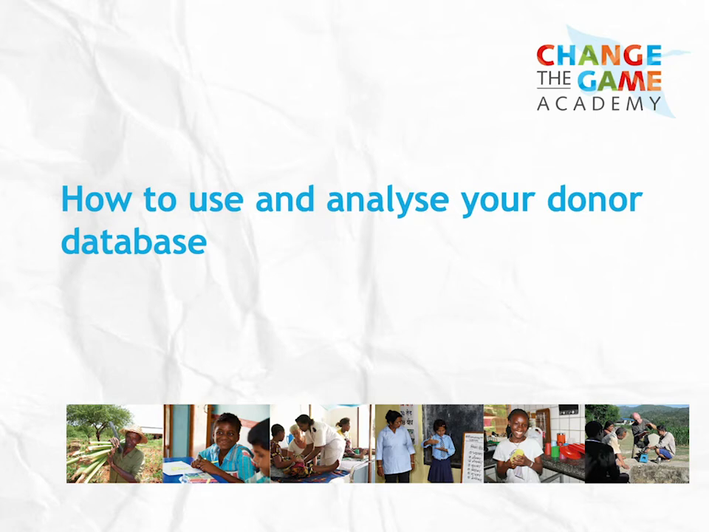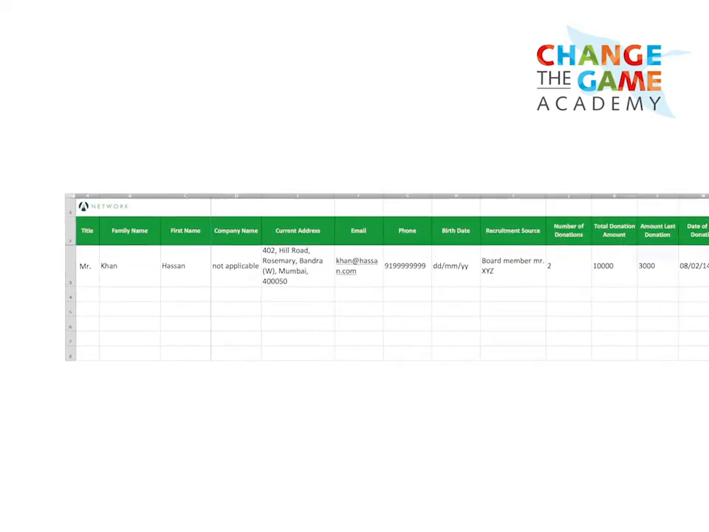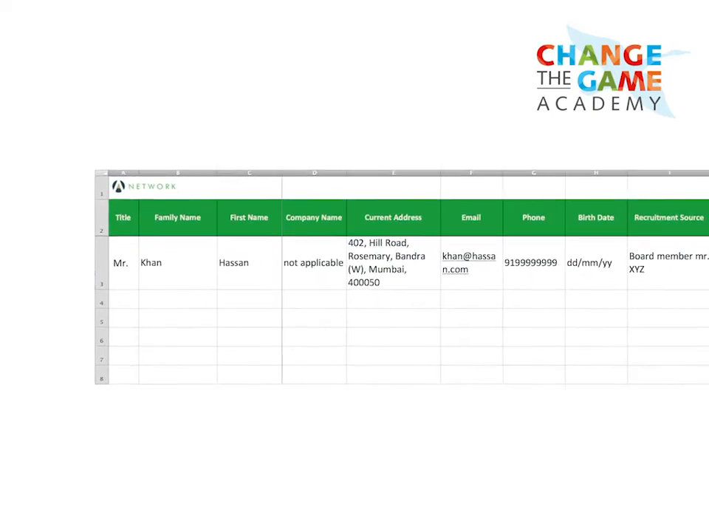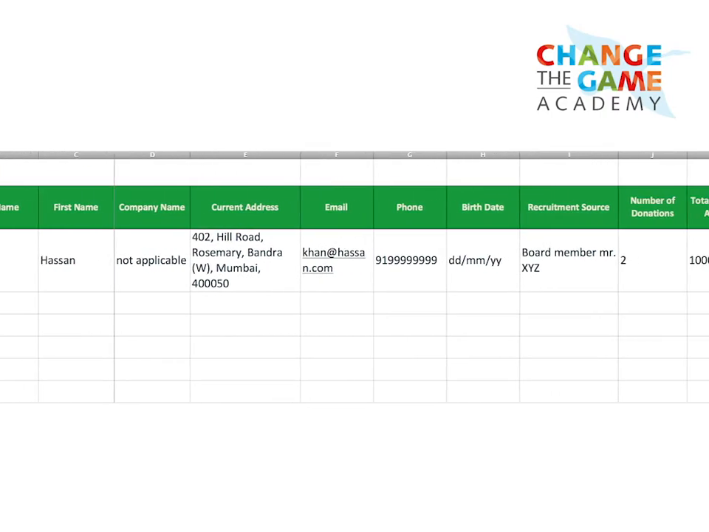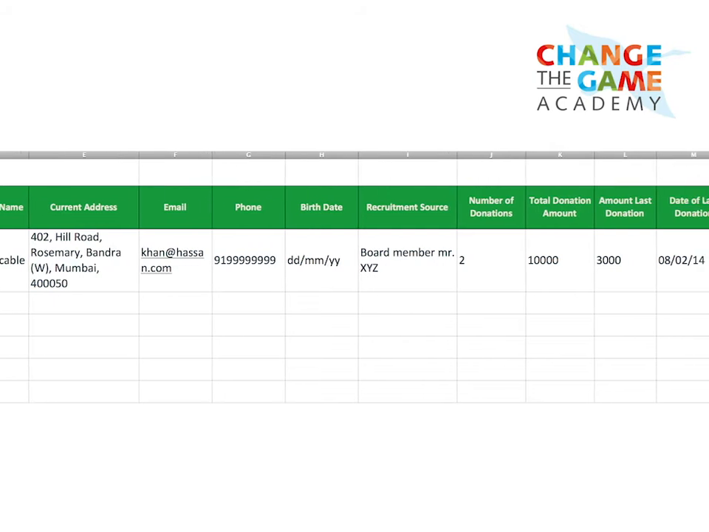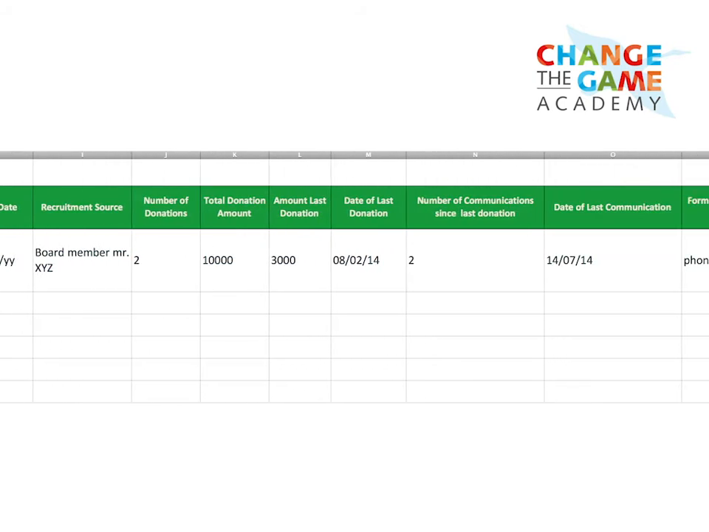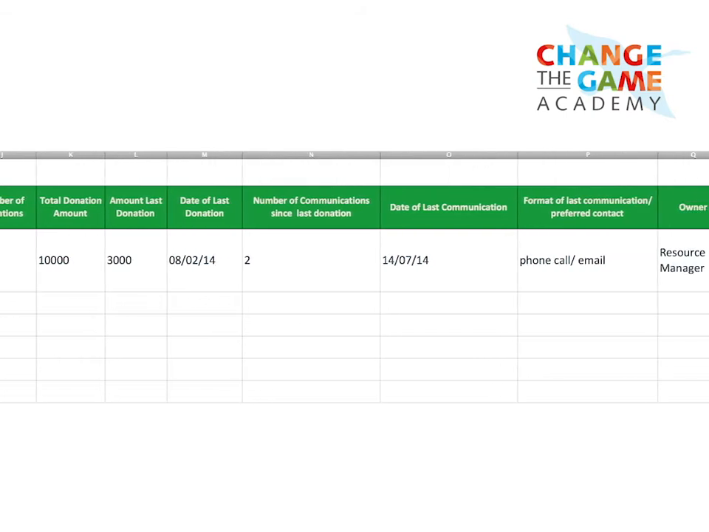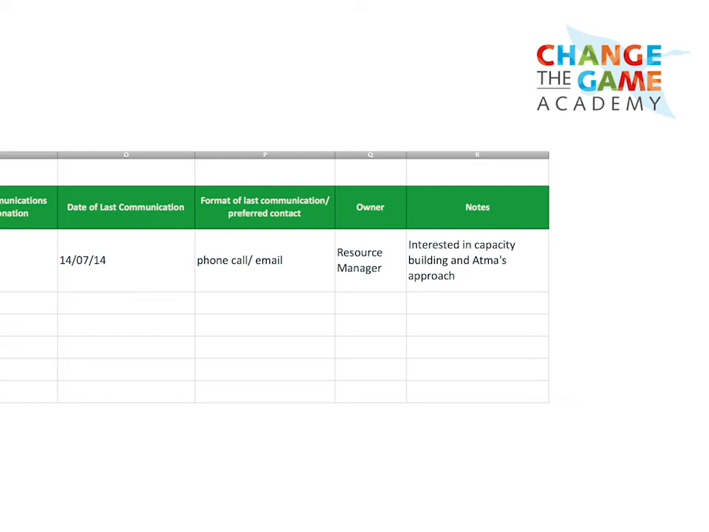How to use and analyze your donor database. This is an example of a database that can help you keep track of your donors and other stakeholders. As you can see, there are several columns for contact information, donation behavior, and communication with donors. At the end of this training module, you can download this spreadsheet from the resource section and adapt it to